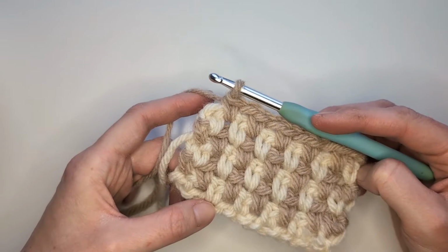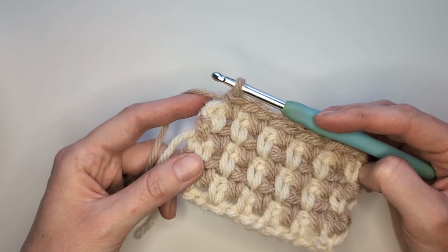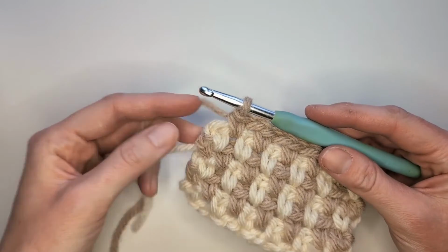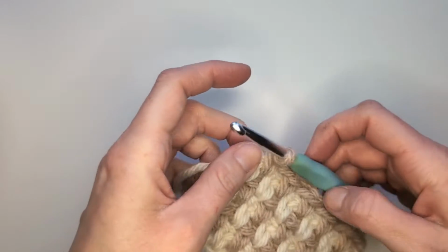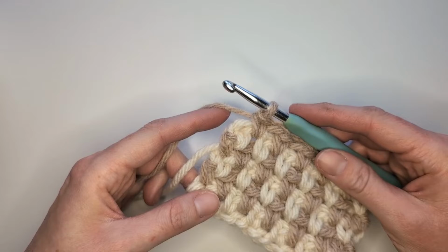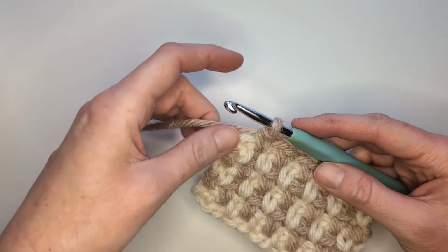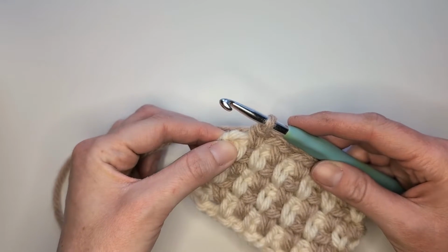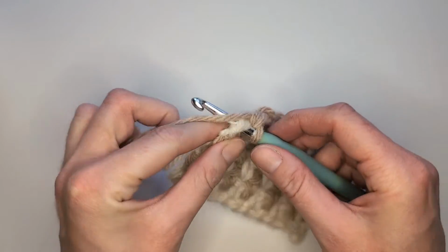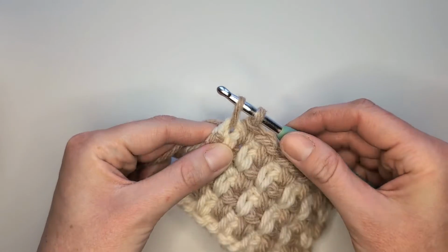So I've just finished working my row 6, which is a row 2 repeat on our stitch pattern. And so all I have left to do is just to make a single crochet. What I like to do when I change colors, because there are many different ways to do this, is go ahead and make my single crochet but leave it unfinished. So I'll insert my hook, wrap my yarn over my hook just to make that first part